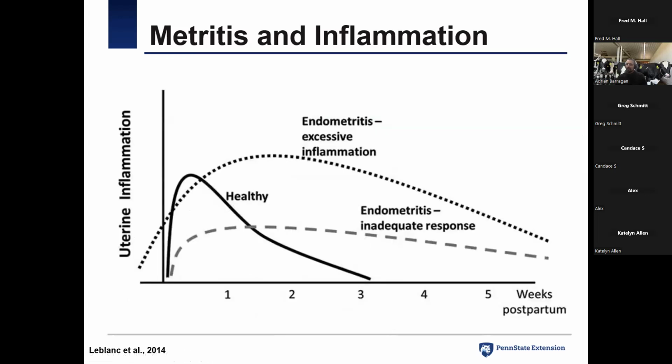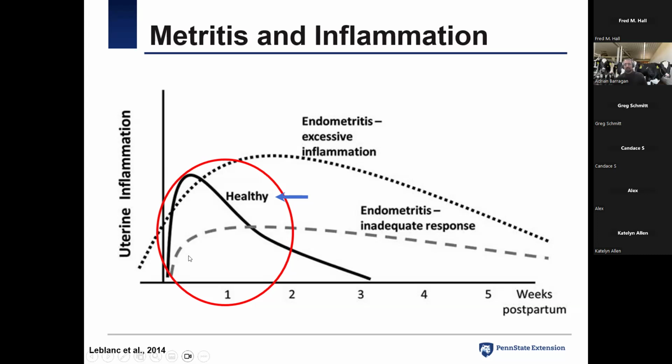So now, this links well with the theory of Dr. LeBlanc, where he proposed that the cows need a strong, robust initial inflammation in order to remain healthy right after calving, right? But if that inflammatory response is too low and long, or too high and long, it ends up in an inadequate response and development of these uterine diseases. It could be metritis or endometritis, right?